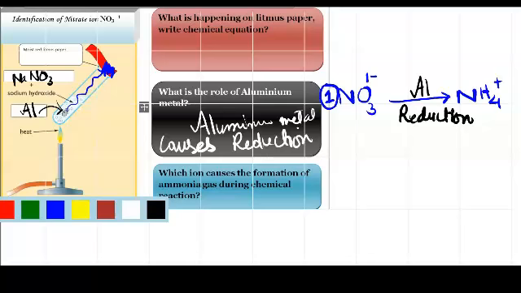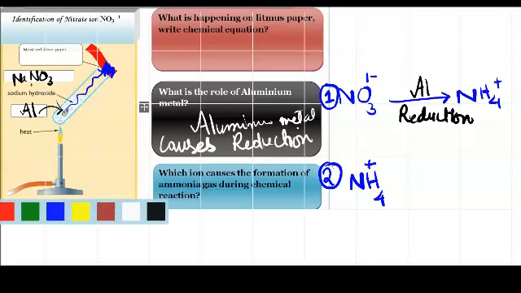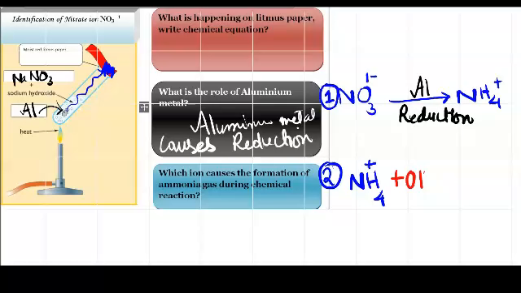Now in the second step, this ammonium ion reacts with a second reagent which is sodium hydroxide, which is alkali. So this ammonium ion reacts with alkali, releasing ammonia gas and water. Now in the second step, ammonia gas is formed.